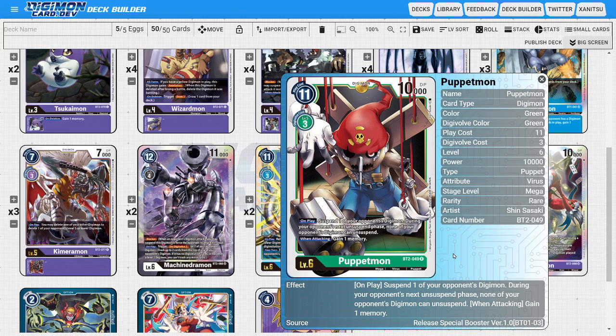So Puppetmon is pretty good because, again, he has another powerful on-play ability where we get to suspend one of the opponent's Digimon, and then during the opponent's turn, they can't unsuspend any of their Digimon. So that's really, really powerful considering if any of the Digimon are rested outside of the one that we are suspending, then they won't be able to unsuspend either. So that means we could potentially use Puppetmon to lock the opponent's field down, and that's just a really powerful thing because it allows us to then try to take control of the board or try to push for extra